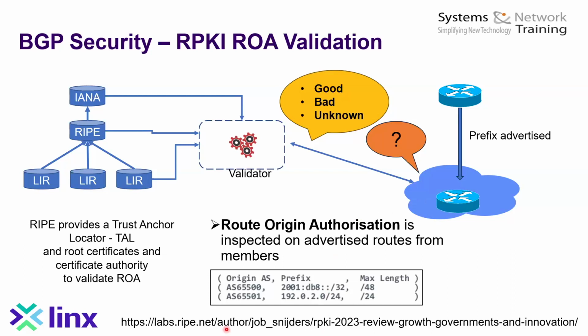There's a link on here, and the idea of the link was just to provide a reference to the latest. You can go to labs.ripe.net and do a search on RPKI just to see how many routes in the internet have ROAs and are vouched for. I think it's over 50% now, and it is increasing at a good steady rate. So people are gradually getting around to getting their routes validated, but it's by no means complete yet.